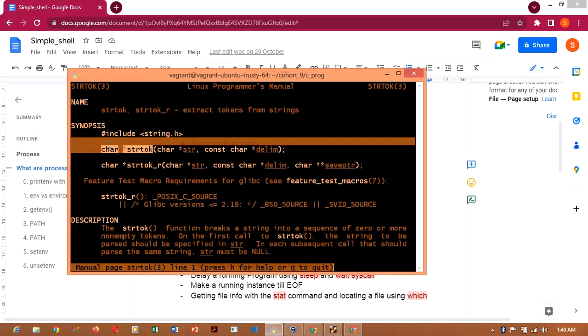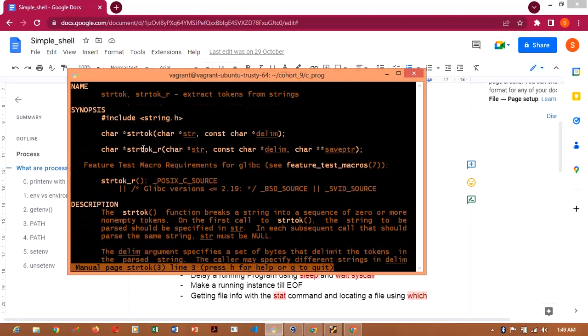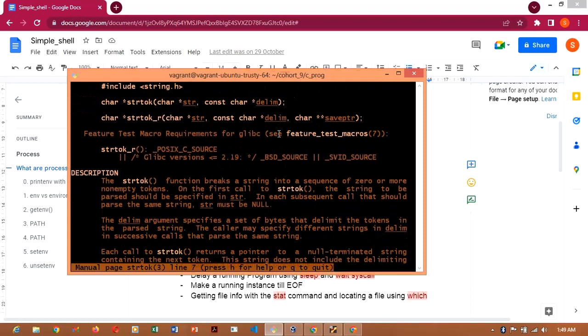Is going to return a pointer to that string. Now this is the first call to the string token function, the first call. Now if I'm going to read all this, remember we said from here to here, and then break it down into tokens, it means that I'm going to be calling my string token function, like let's count: the first call, the second, the third, and the fourth. It means I'm going to be calling my string token function 4 times for me to be able